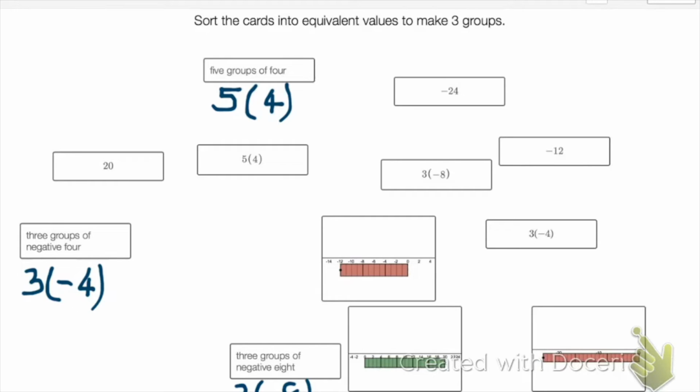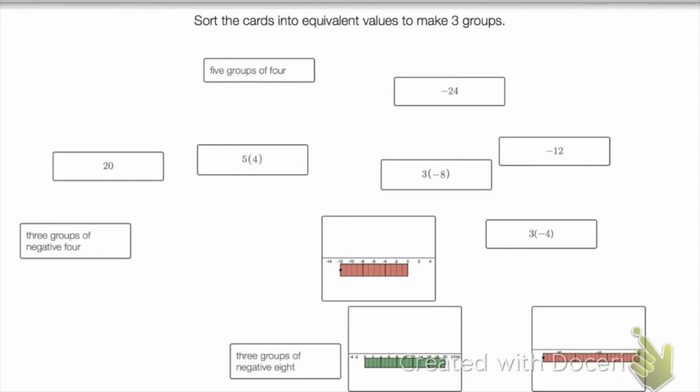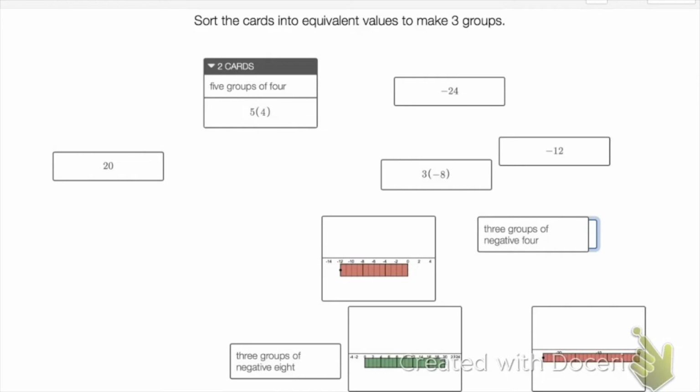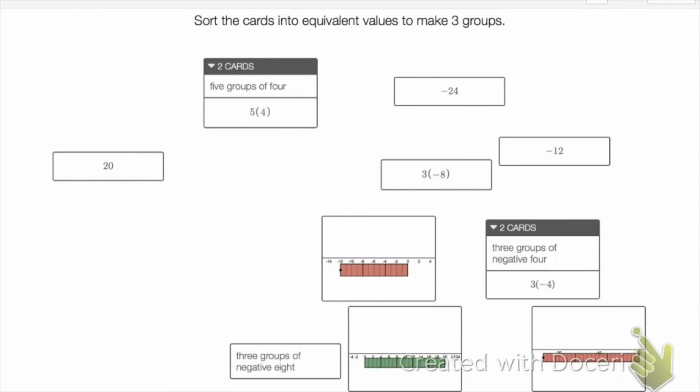So we can match them right away, right? 5 groups of 4, 3 groups of negative 4, 5 groups of 4. We can move it like this. 3 groups of negative 4, 3 groups of negative 4, 3 groups of negative 8,